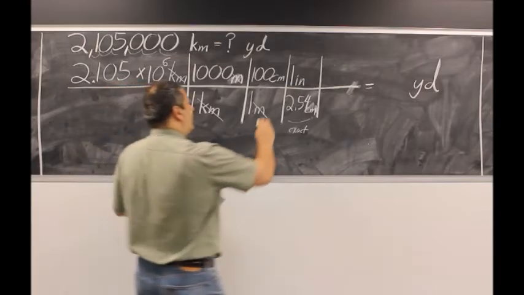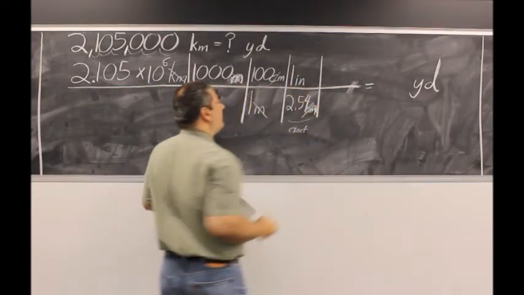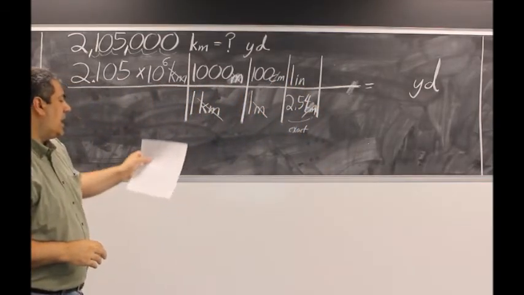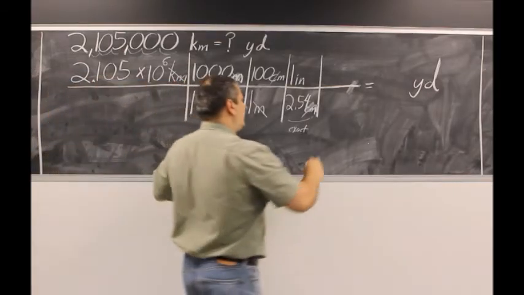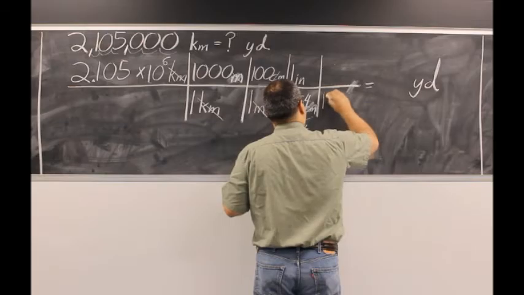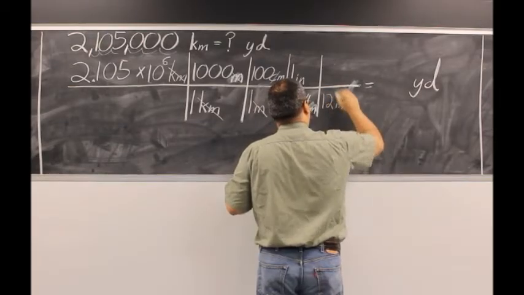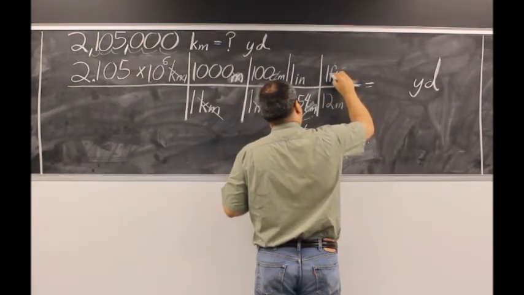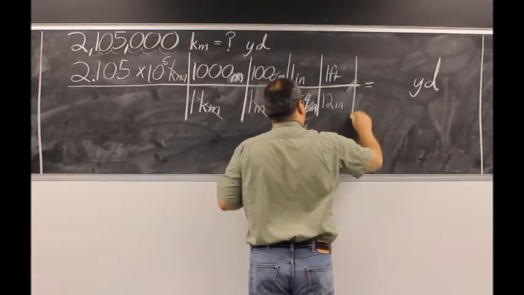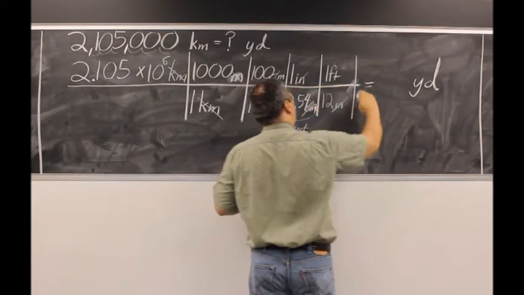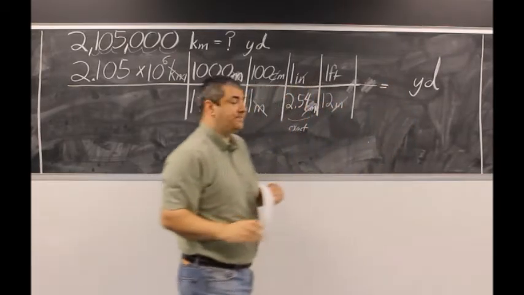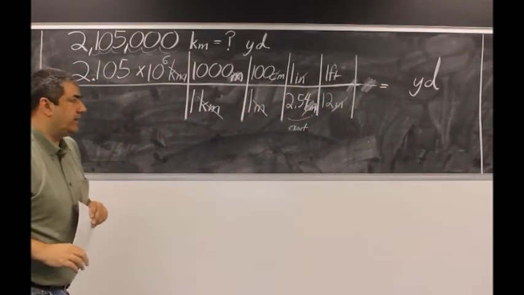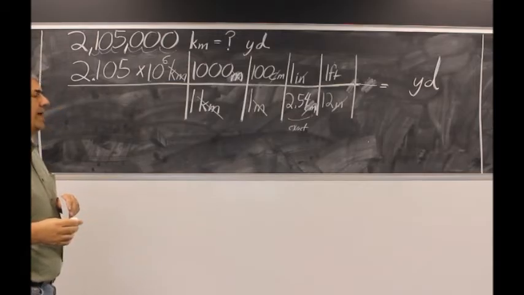So now, centimeters cancel, I'm in units of inches, so I'm getting a lot closer. 12 inches is equal to 1 foot. Again, that was given to you. Inches cancel. Now I'm in units of feet. And so close. By the way, in your mind, you might be able to go, well, I know there are